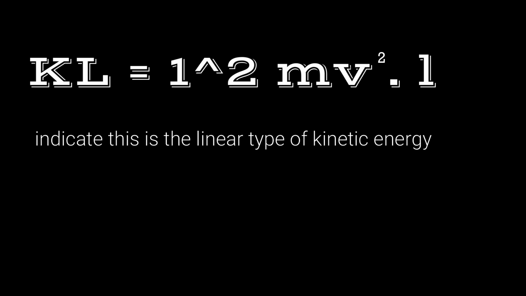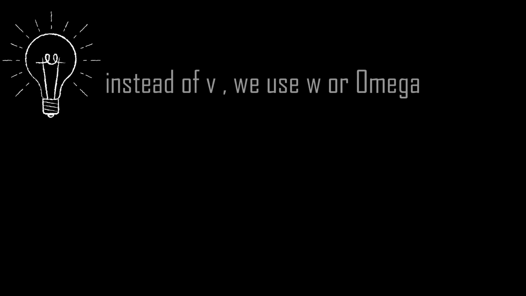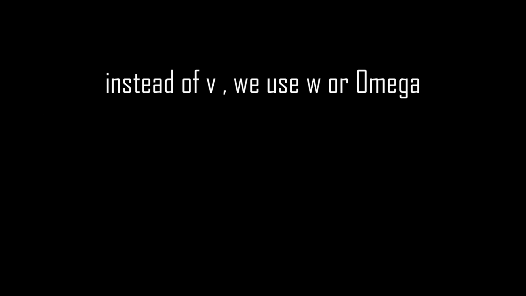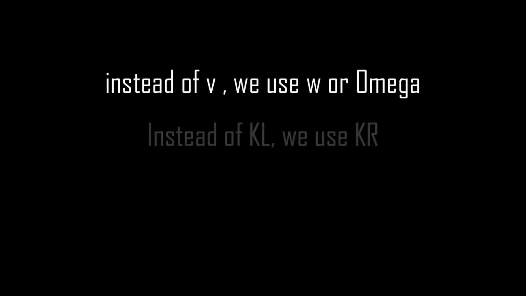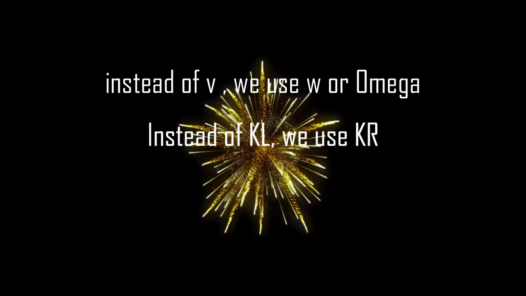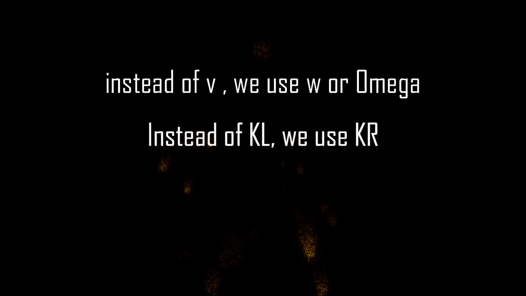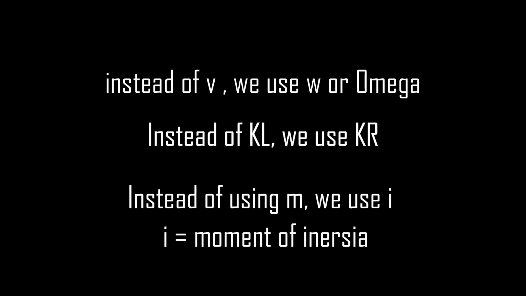That's because now we have a new one, which is if you have rotational speed, instead of v it is w, or omega. You have rotational kinetic energy, and instead of K_L, we call it K_R. Now the equation is very similar. It's half. Instead of using m, we're going to use the rotational equivalent of m, which is I, moment of